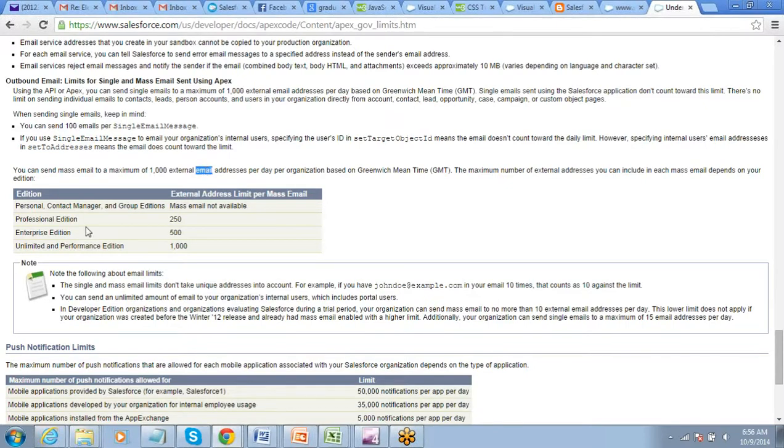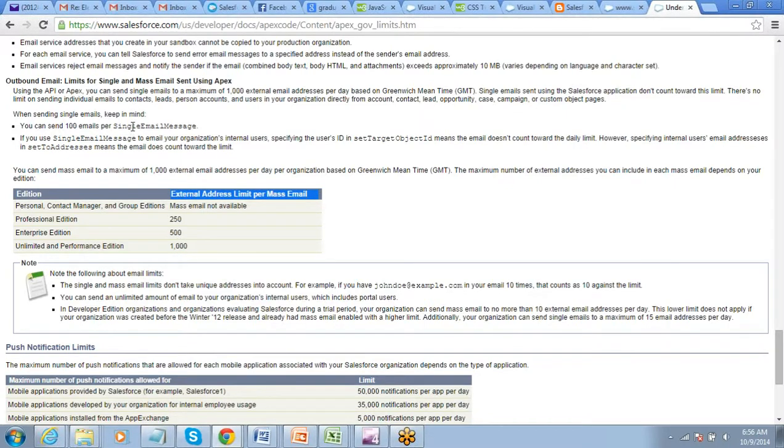And that too per transaction, like one method cannot send more than 250 emails. So that one send method cannot send more than 250 emails. And for Enterprise Edition it's 500, for Unlimited it's 1000. So this is for mass email, not for single email message.